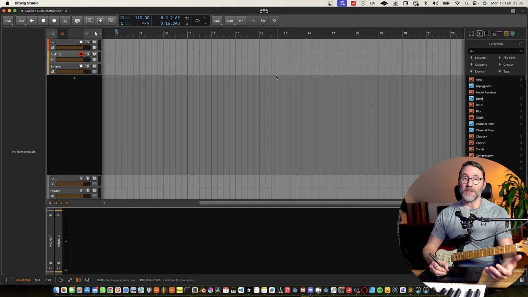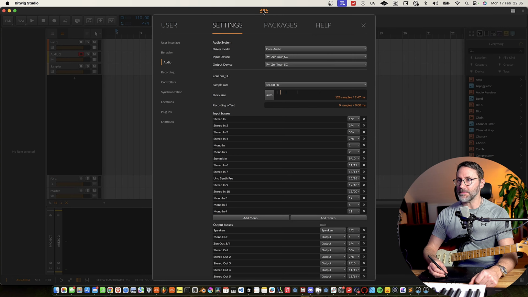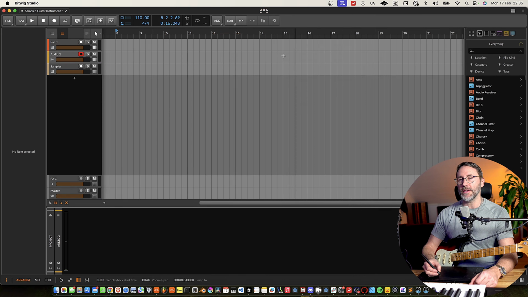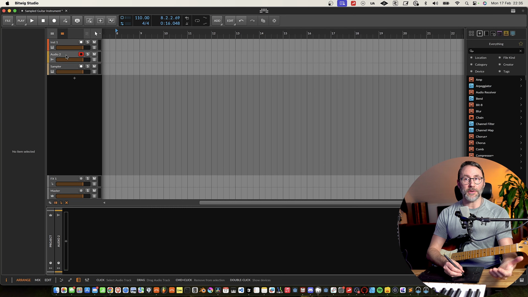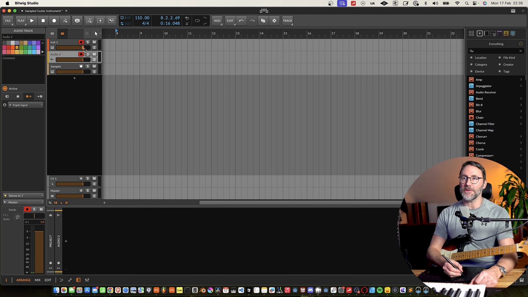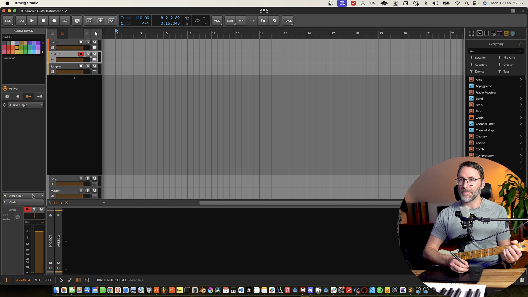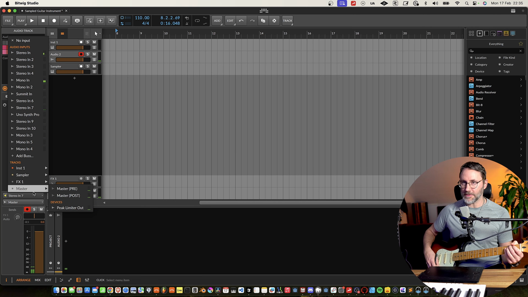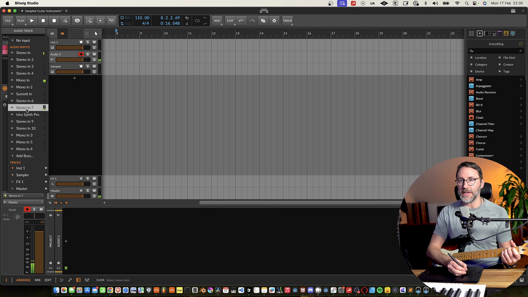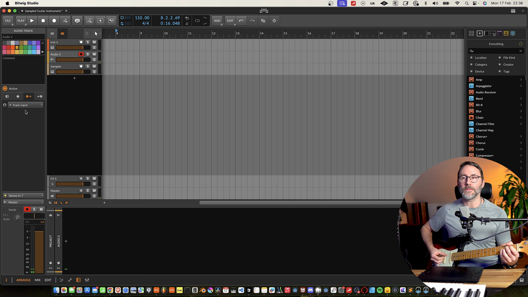So first out in Bitwig, you're obviously going to go into the dashboard and your audio settings and set up the input and output buses for your audio interface. And with a blank new project, you often get this instrument track and an audio track. And we're obviously going to record to this audio track. So you need to set the correct inputs here. Just get some volume going. So we're going to record the stereo input 7.